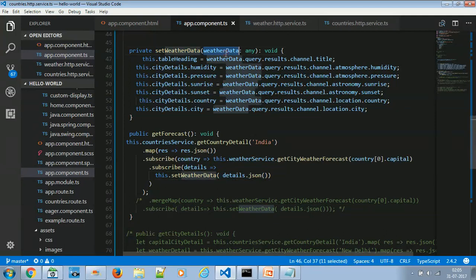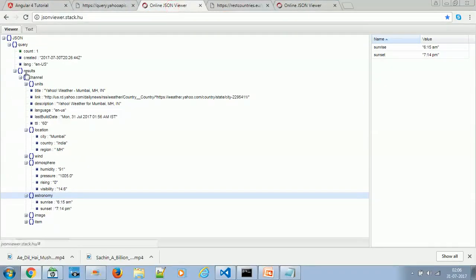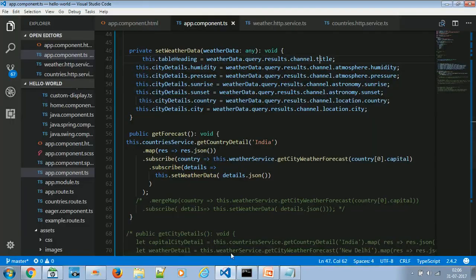So this weather data will get these details in JSON format, and from here I can just parse this. Say the table heading will be title, weather data dot query dot result dot channel dot title. If you look at this service response, you see that the structure is the same. See, query dot result dot channel, dot location, dot atmosphere, dot humidity, pressure, same way. So this is how we are doing it.